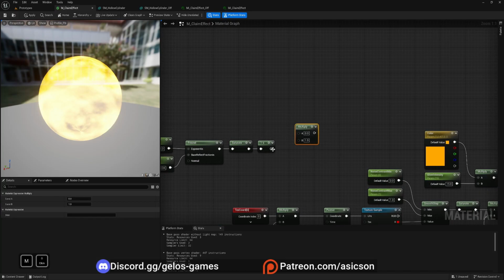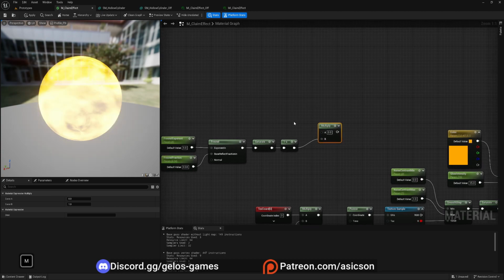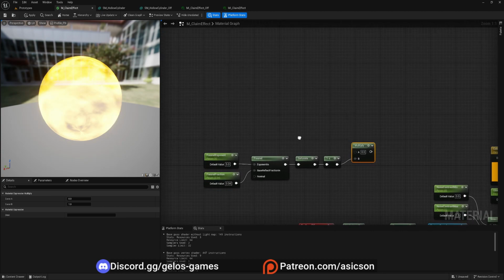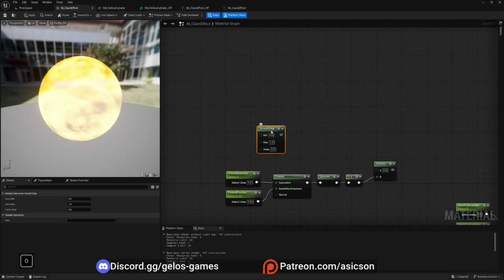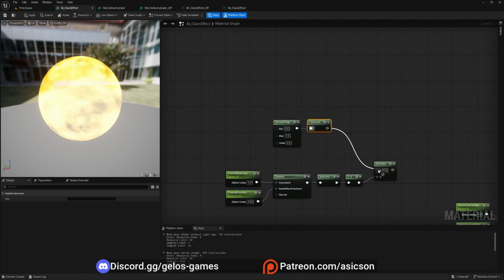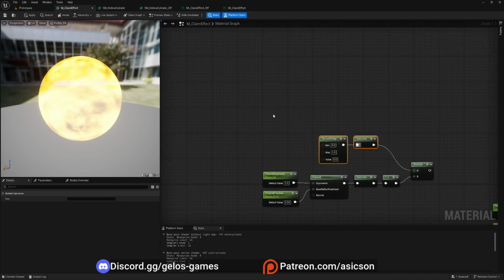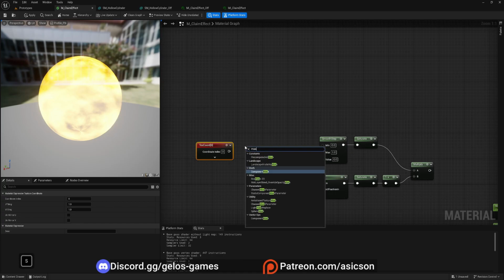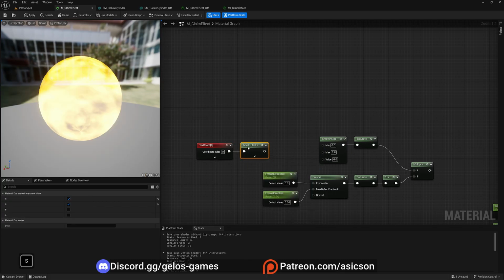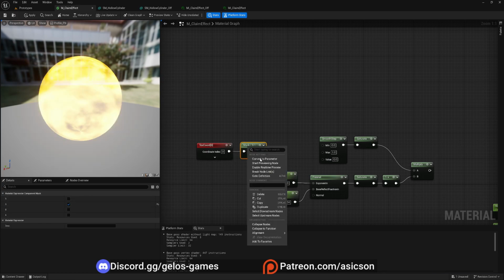Okay, that. Now what I want is a mask for top and bottom. So it mainly will be for the top. And I will just multiply with a smooth step. And now here the value will be our vertical mask, basically on UVs. And we need a component mask. And it will be in the green channel, so it's Y. So if I preview,